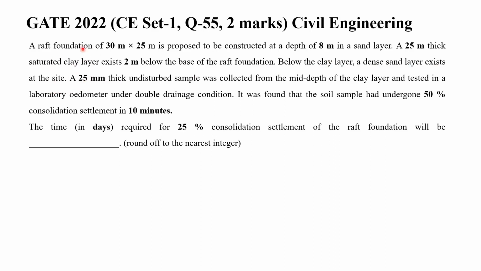So this is all about the site part. And then a 25 thick undisturbed sample was collected from the mid depth of clay layer and tested in a laboratory odometer under double drainage condition. It was found that the soil sample had undergone 50% of consolidation settlement in 10 minutes. See, this is all about the laboratory. 25 thick undisturbed sample is tested and it has gone under 50% of the consolidation settlement in 10 minutes in